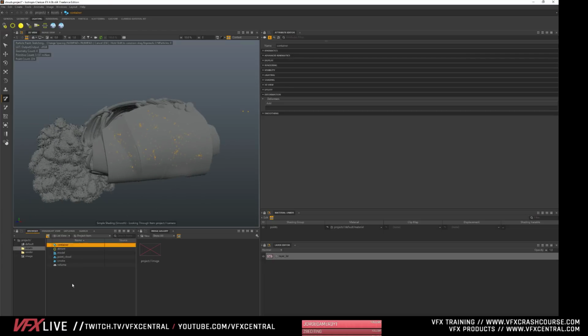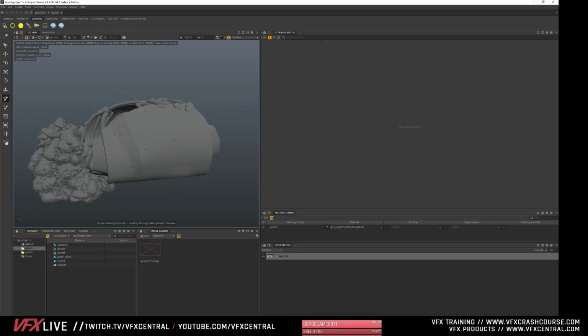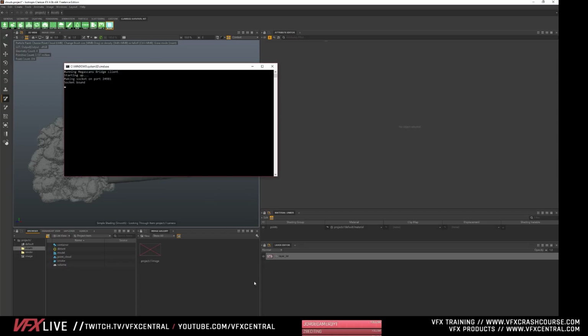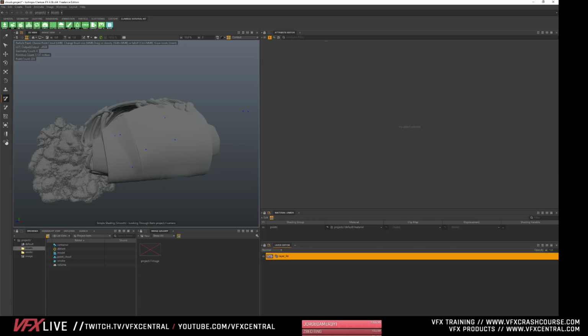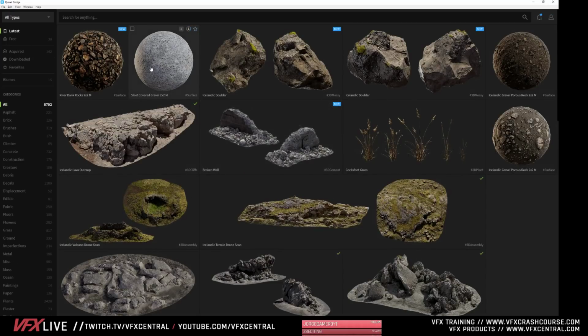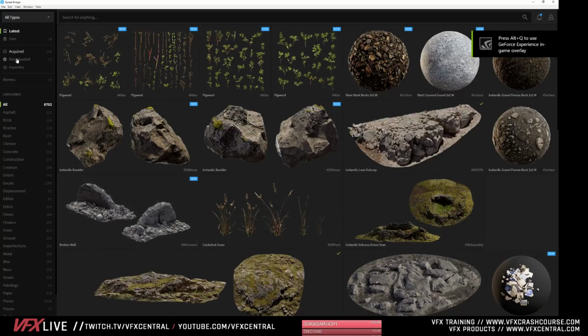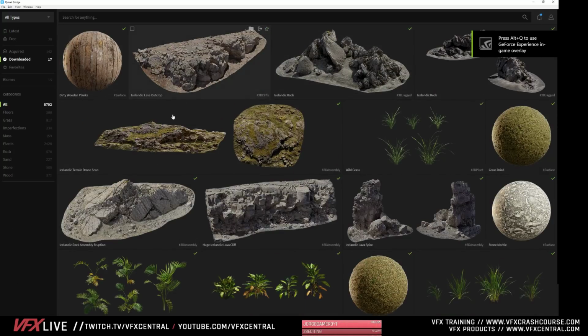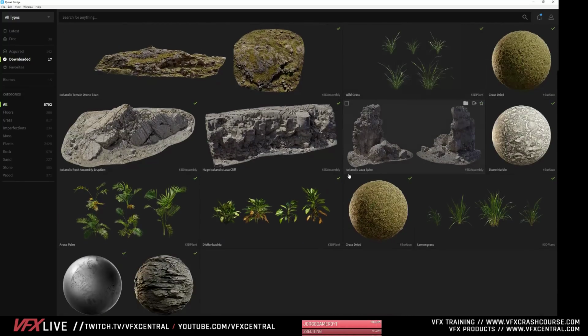Either way, let's import some stuff to show you guys how this can be scattered on an object. So I'm going to open up the bridge really quick, and let's open up Quixel Bridge, and I'll show you guys how this thing can scatter, which is super cool. I'm going to import, I have these really cool assets. And again, when you're bringing these assets over, you have to use OBJs. So that's just something to remember.